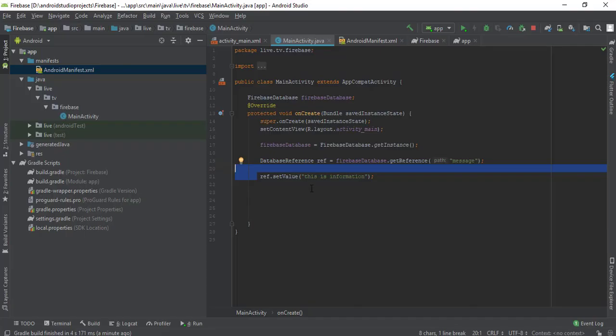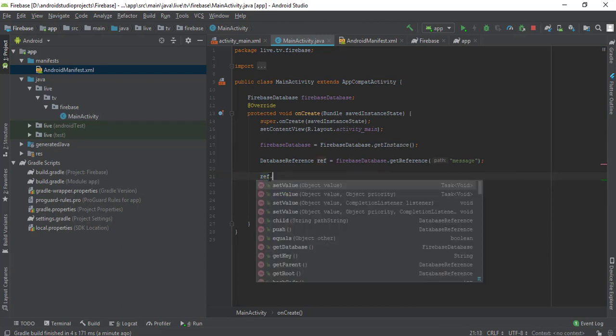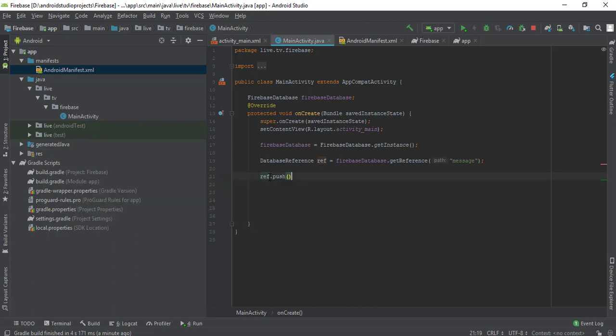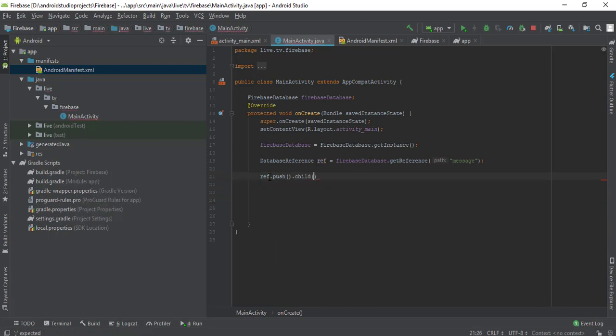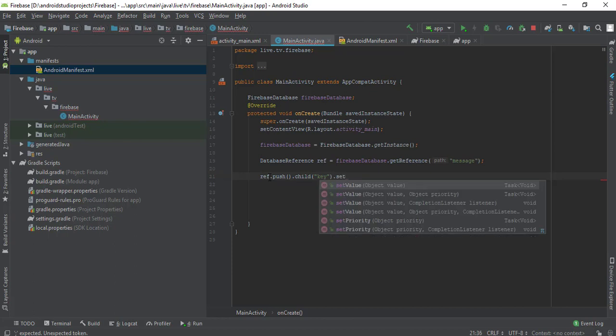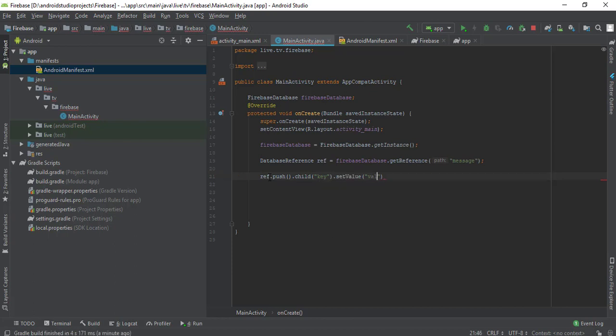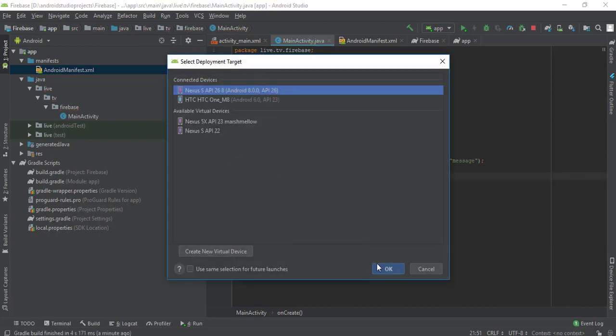But what I can do is create, inside this message category, a key. For that key I'm going to create another child, and that child is, for example, key. I'm going to name it, and its value will be value, for example. And now if I run it again, Shift F10 as a shortcut,